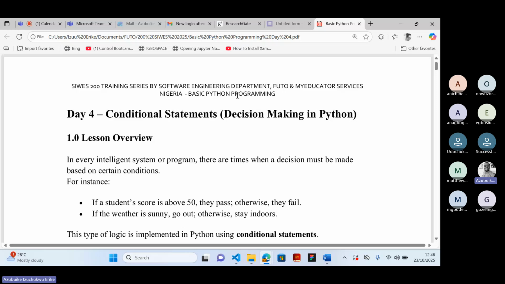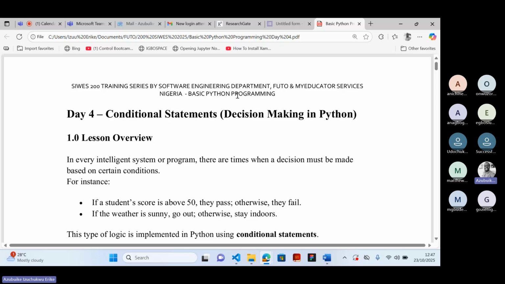So even when you are creating objects, which are instances of classes, we have not come to that point, objects should be able to make decisions. Objects should be able to do some things. And one of the things that they will be able to do may be based on a decision of what may happen. Right. So in every intelligence system, a program, there are times when a decision has to be made,